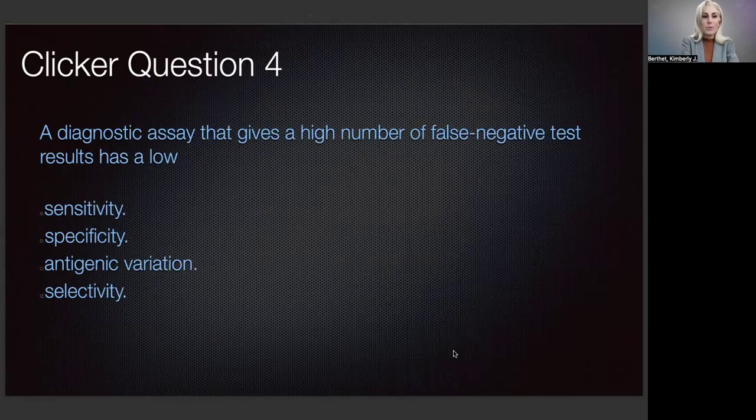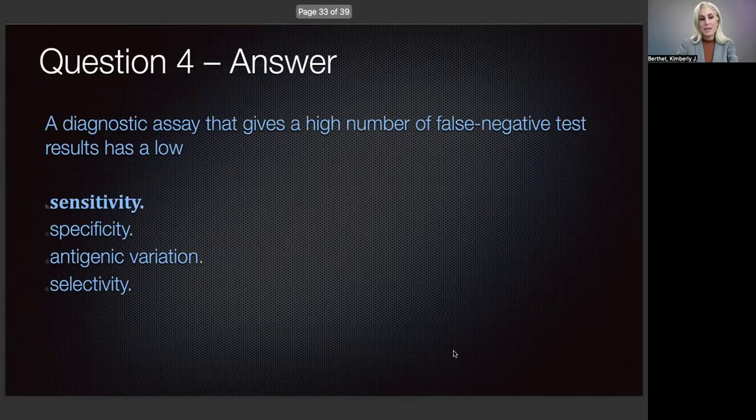Okay, question number 4. A diagnostic assay that gives a high number of false negative test results has a low, go ahead and think about this, looking for a false negative test result. This would be sensitivity. So a false negative means that someone is actually positive. They have the microorganism of interest, but the test comes back as negative. So it's a false negative because they should have been positive,